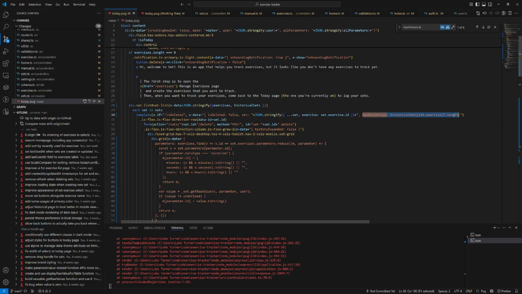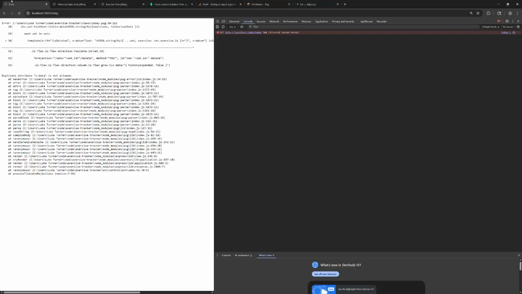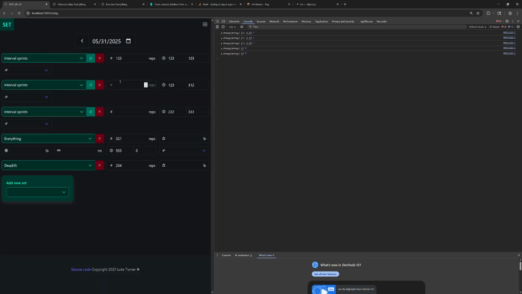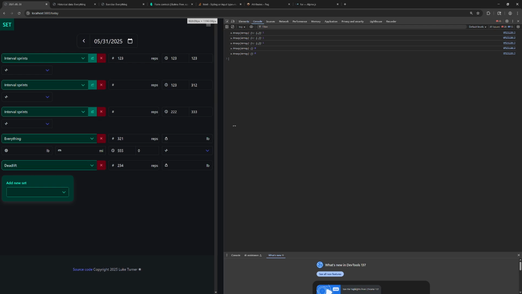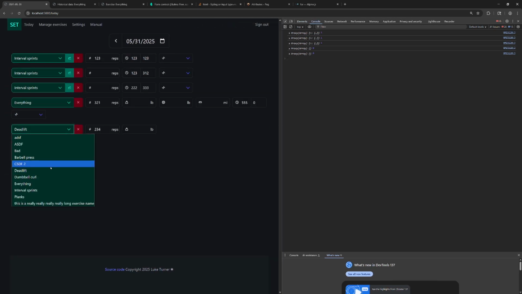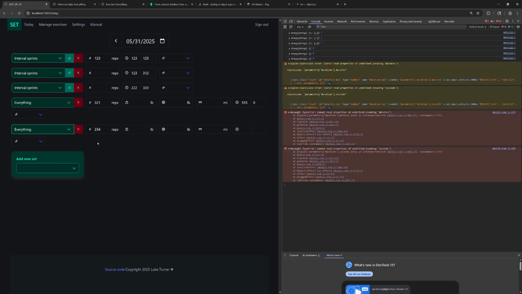Yeah. And we can take this has historical thing, actually, and put it down here. X data, this thing. Kind of weird. I think that should work, though. Yeah, okay. So now we don't even see the button for everything in deadlift because they don't have the option. If I actually switch one of these to everything, okay, still